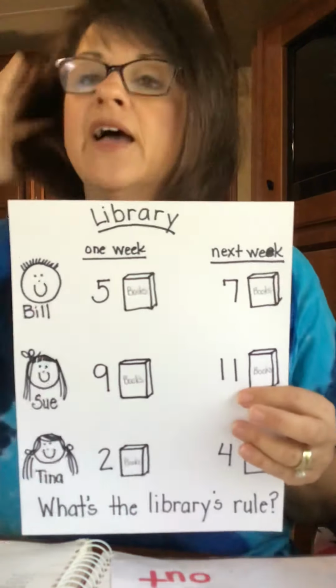The library has a rule about checking out books. Can you tell what the rule is by these numbers? What is the rule the library has for checking out books? Do you see any patterns? Do you see what's going on here? How many more books they're able to check out each week? Well, we're going to come back to this in just a minute, these numbers, but we're going to talk about